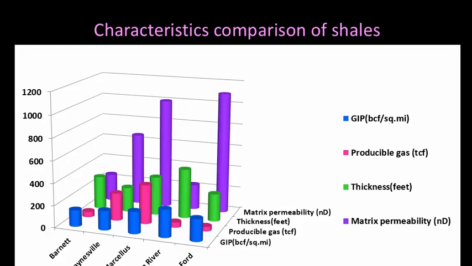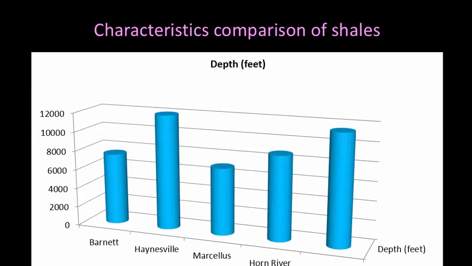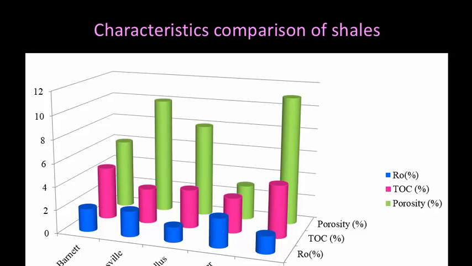As you see here, the Barnett, Haynesville, Marcellus, Horn River, and Eagleford all have a variation. And it's not only these properties, we can also look at the depth at which the individual shales are prospective. As you see here, Horn River Basin is deeper, and so are the Eagleford and the Haynesville. Besides this, the other properties of interest are the TOC and the porosity, because we are talking about shale plays, and the porosity and permeability are going to be low, unlike the conventional plays. And the vitrinite reflectance, Ro, is also varying.